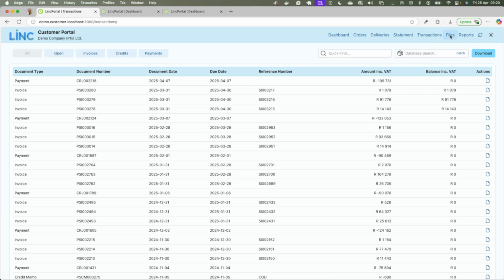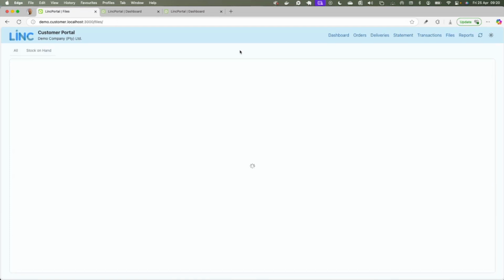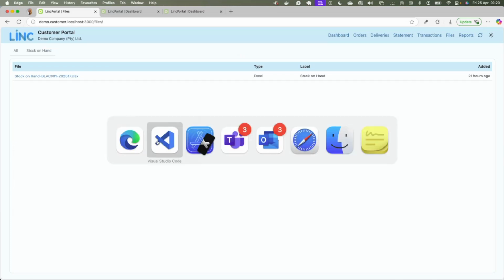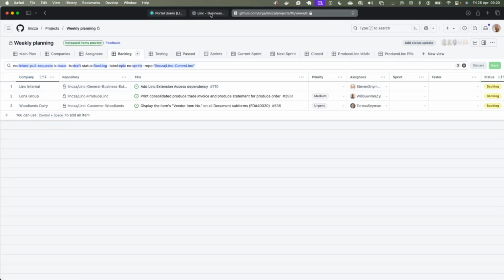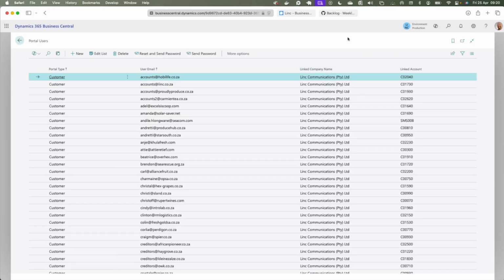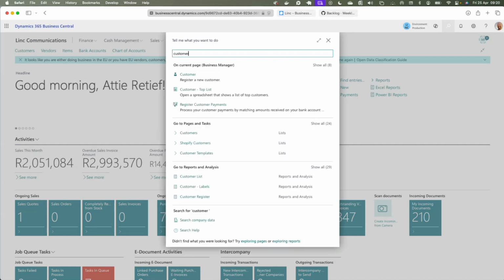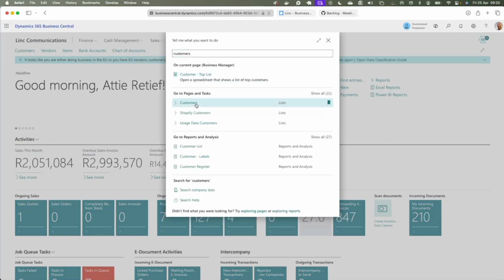The files section gives you the ability to attach any kind of files that you want to the customer. And you do that using the standard Business Central capability for attaching document attachments to customers.